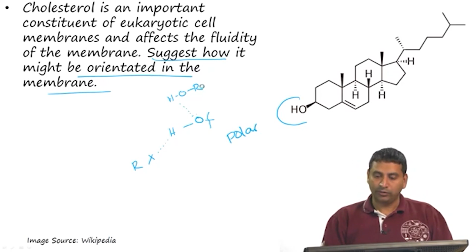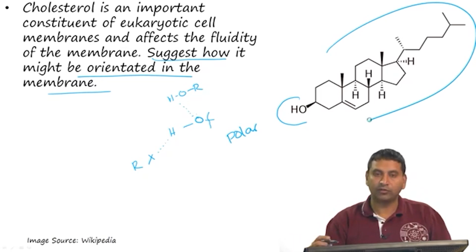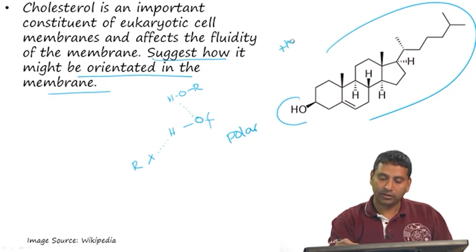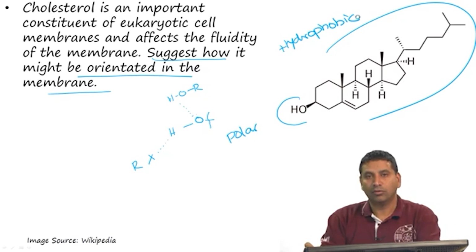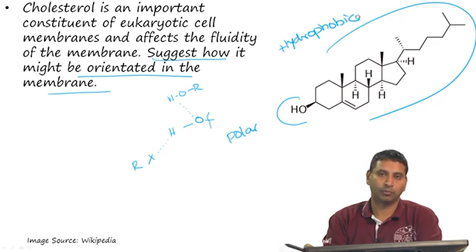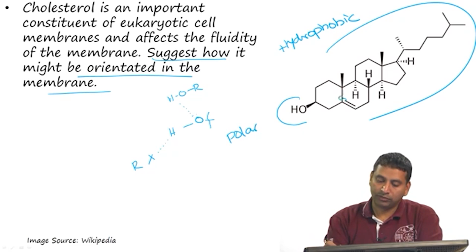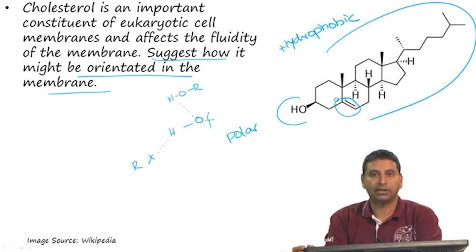If you look at the rest of the molecule, it is essentially devoid of any polar groups, right, which means that it would be quite hydrophobic. So, if you look at what this end of the molecule would interact with, this end of the molecule would probably interact very well with hydrophobic molecules, and clearly it will repel groups which are highly polar, right. So, even though there is perhaps a little bit of possibility of some pi stacking with this olefin, one can imagine that it is going to be well buried in the molecule,